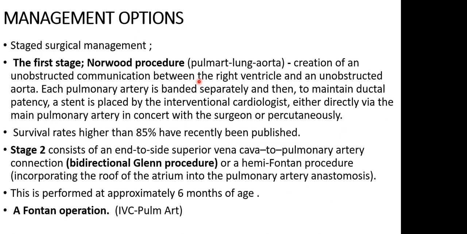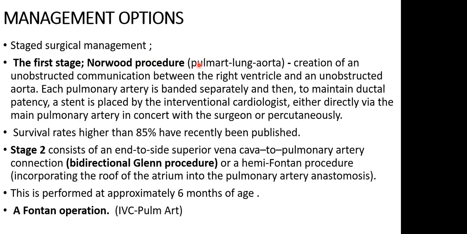And then in intervening in this patient, what do all of these patients benefit from? We mentioned earlier on that the left side of the heart is actually dormant. So what happens is that the Norwood procedure is what is best for this patient. So there's going to be an anastomosis of the pulmonary artery. The Norwood procedure has to do with anastomosis of the distal end of the pulmonary artery with that of